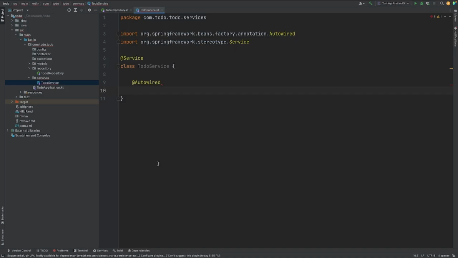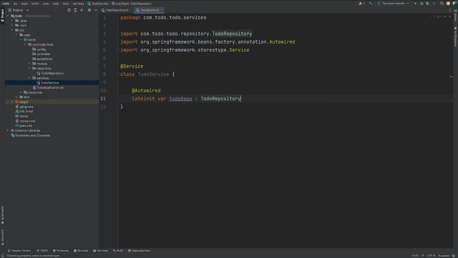So let's just do lateinit var, and then we're going to call this todoRepo, and then that is just an instance of ToDoRepository. Now, what is this lateinit var? That's just literally letting Kotlin know that eventually this todoRepo will be instantiated, because when this application starts, Autowired,